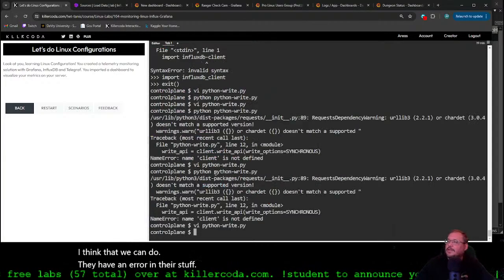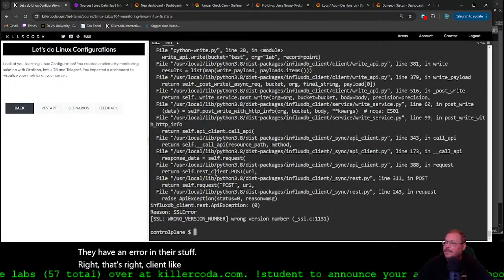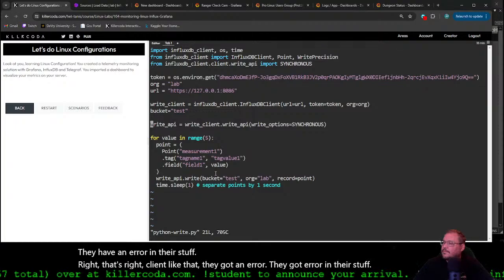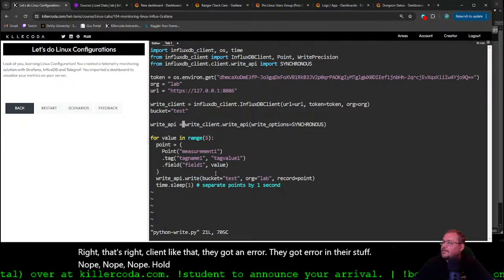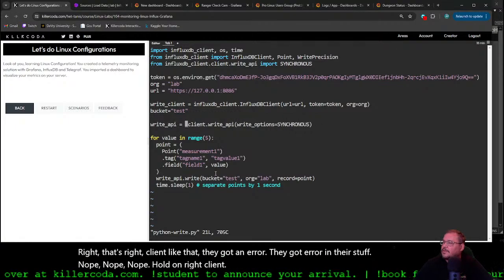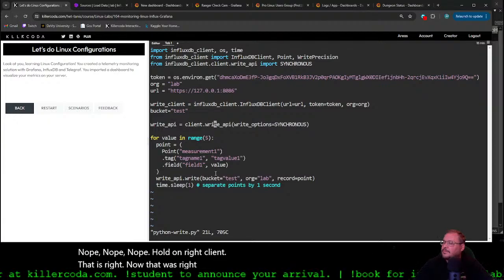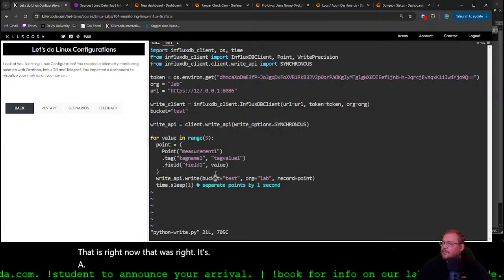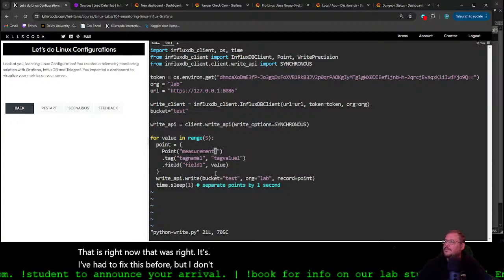Right, that's right, client like that. They got an error in their stuff. Nope. Hold on. Write client. That is right. No, that was right. I've had to fix this before, but I don't remember where.